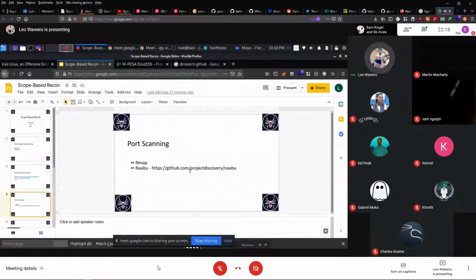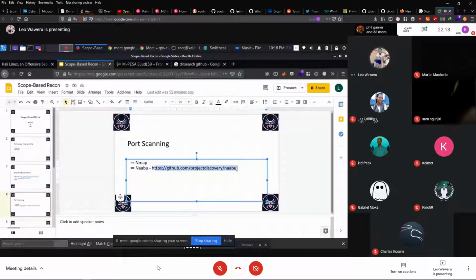It's from this repository called ProjectDiscovery. It's the one that has made Nuclei, HTTPX, a lot of good stuff. So you can head over there and look for it. Naabu, I would not compare it to Nmap, but I would say it's user friendly. And you know the best thing about this repository,